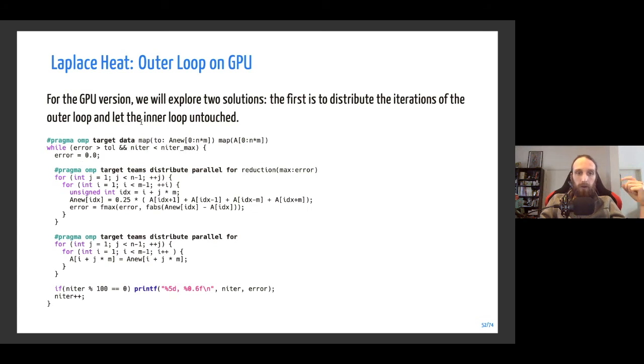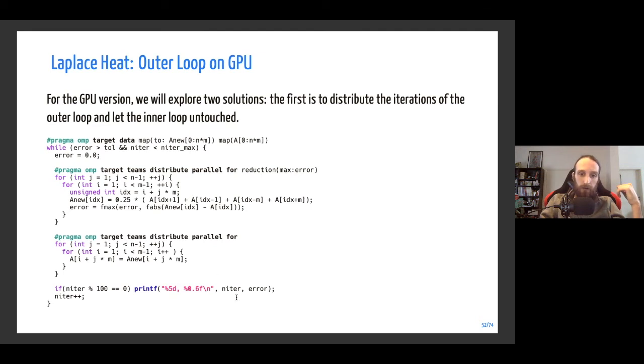Okay. A quick note about the data region. Of course, we need to put it there. If we put it inside of the while loop, that is a pretty bad idea. If we do that, it means that at every iteration, we will copy data from and to the GPU, which is not efficient at all. And as we don't need to have these data between the iterations in the CPU memory, we can just put it on the while loop, so that this data region is active as long as the iterations are running.